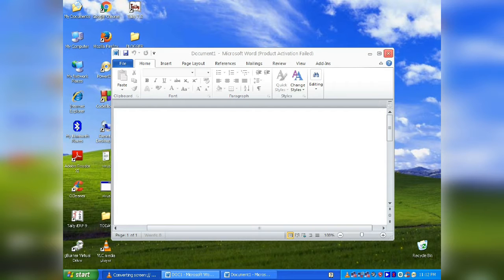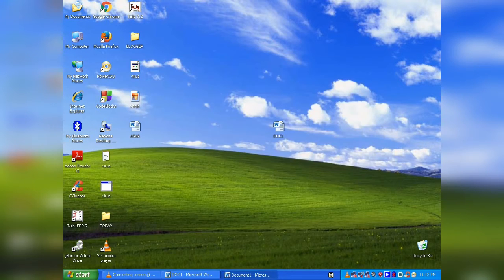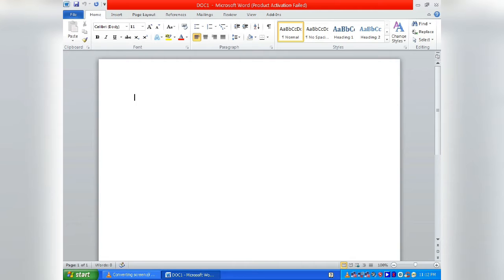And the third way to open is that right click on the free space of the desktop and go to new, then you will find the Word application and type there. Now today I am going to explain you some basic features of Microsoft Word.